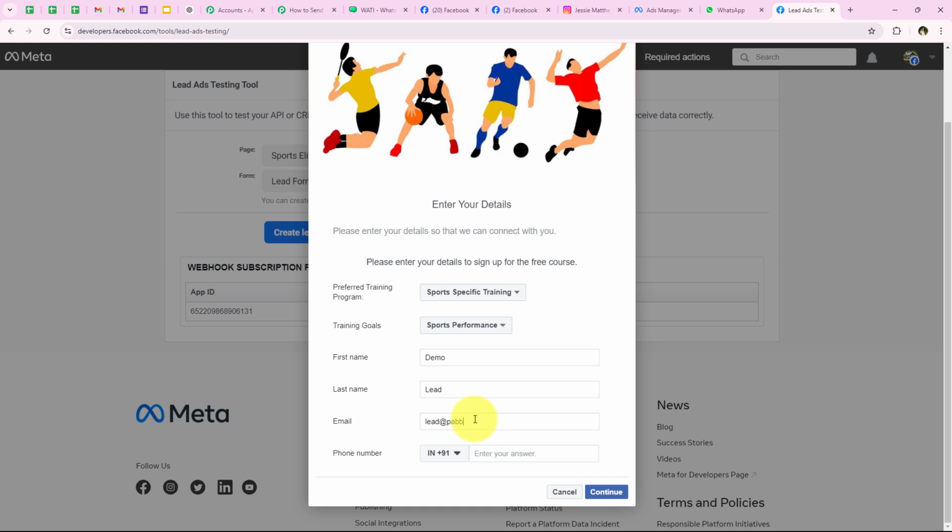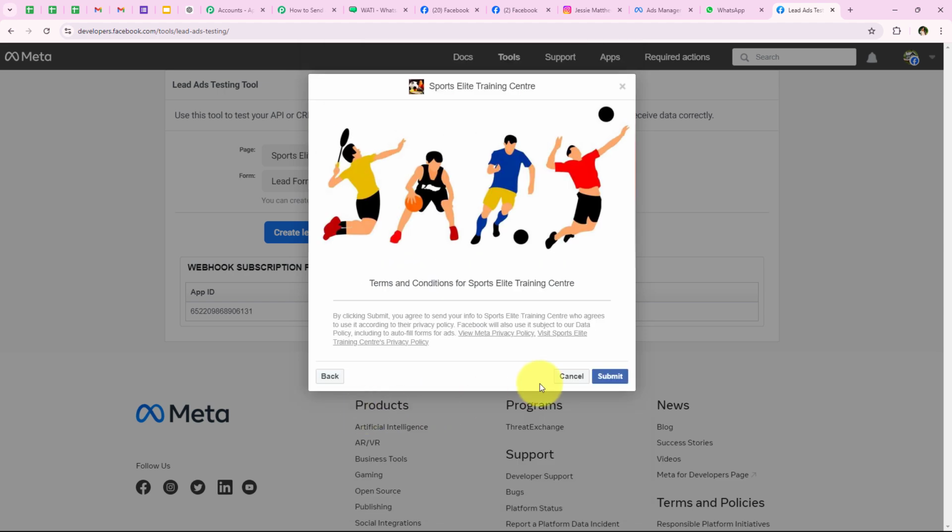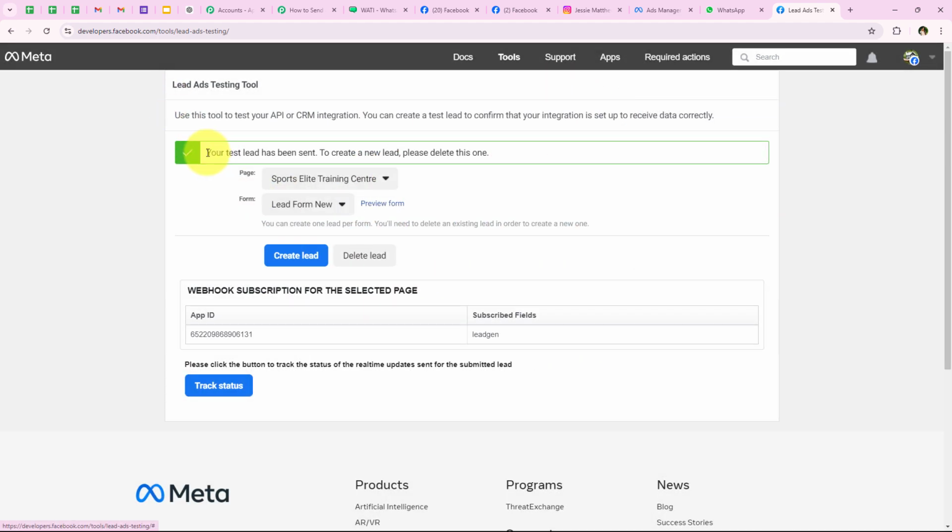So I'm going to enter it, and now it is asking me for the phone number. Let's suppose that I'm going to enter a dummy phone number, which is this. And now after entering all the details, we are going to click on continue and then submit. And as soon as we click on submit, you can see that it is saying your test